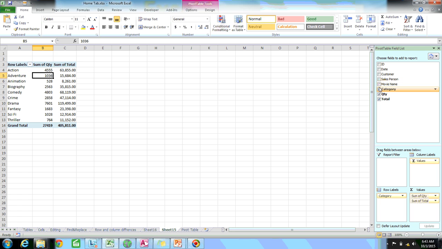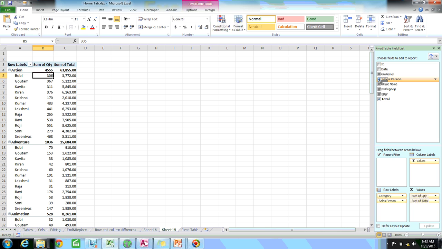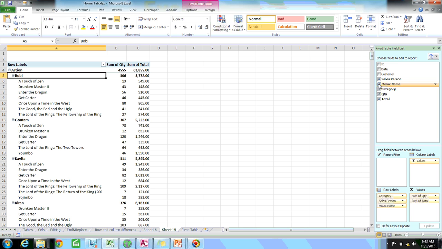Now, what I want to see is, I want to see the salesperson who sold this. See, you can observe under action category who are all the salespersons which are involved in sales of this action category. I also want to see the movie name which they have sold. See, now you can observe